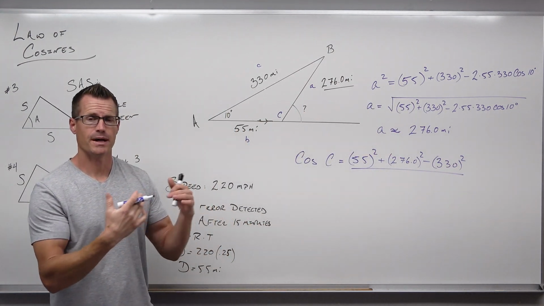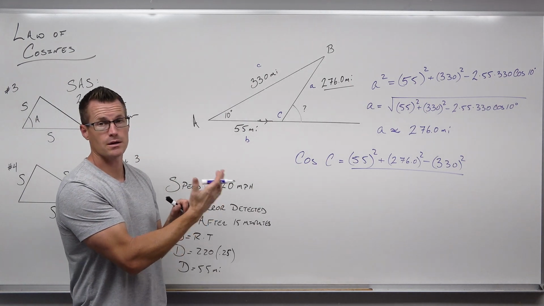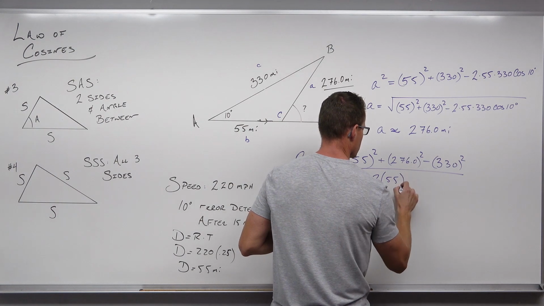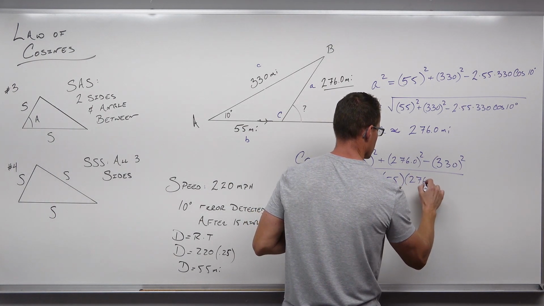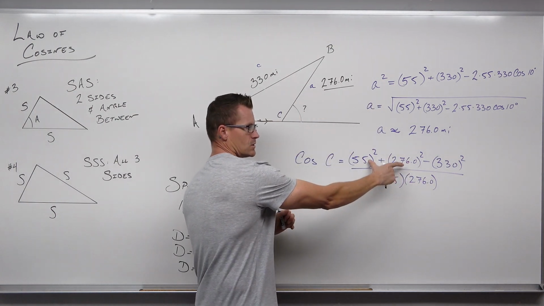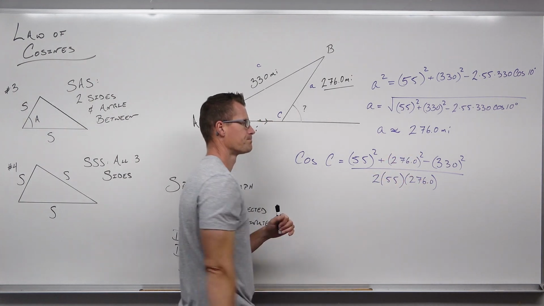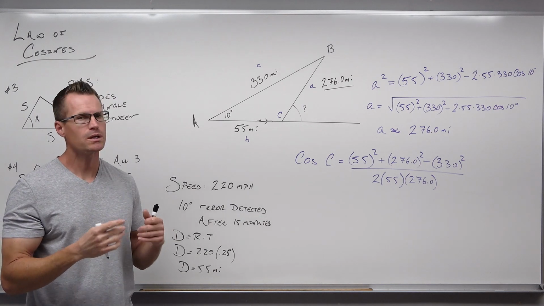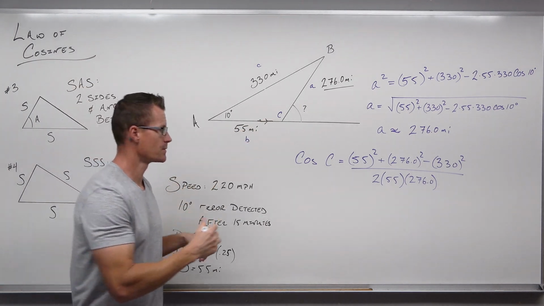And we're going to divide by 2 times the product of the adjacent sides. These 2 should always show up right there. If we take cosine inverse of that entire mess of junk, we're going to get whatever this angle is,